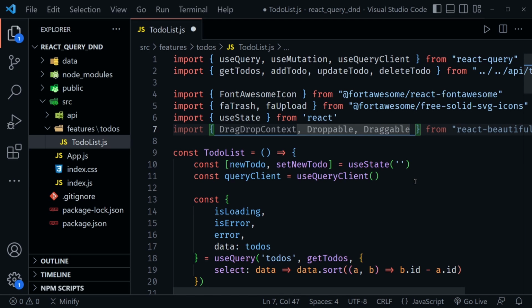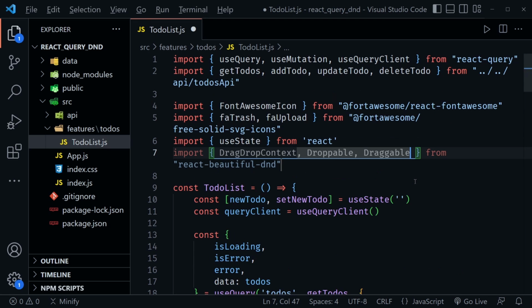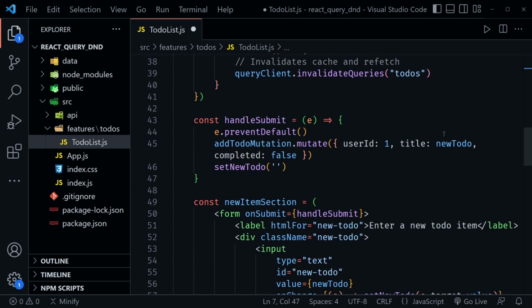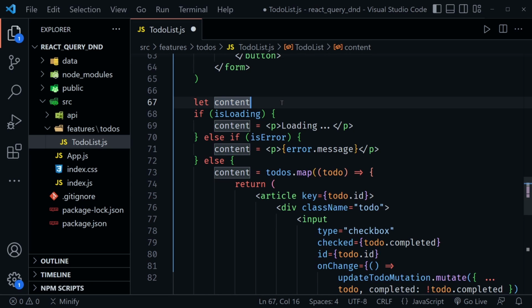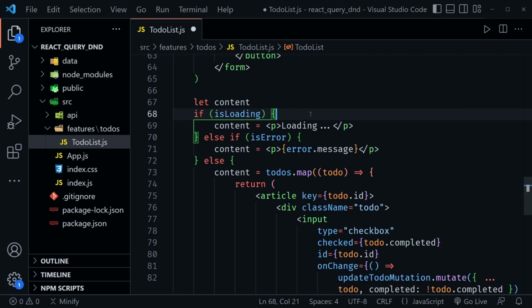And I can see I'm extending past the screen, so I'm going to press Alt-Z, so everything in this file wraps down to another line if it gets too long. Now to use what we've imported from react-beautiful-dnd, we need to scroll all the way down to where we're creating some content. And that is way down here, as you see, let content. And then we look for these different stages that come from React Query, like isLoading, isError, or else